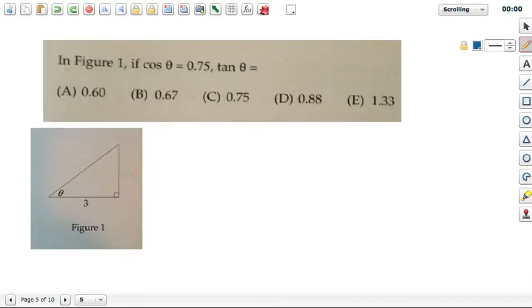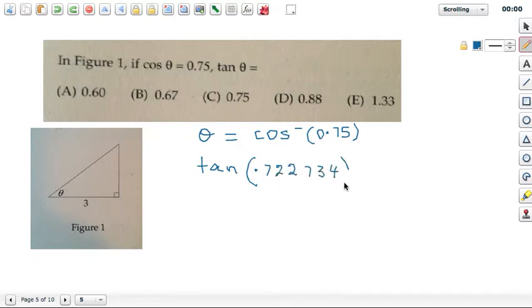All right, here's question number 5. There are actually two ways of doing this. You don't necessarily need the triangle here, but let's see if we can figure out how to do this one. Okay, cosine theta is 0.75. You can actually go ahead and calculate theta as inverse cosine of 0.75 on your calculator, and once you have theta, you can go ahead and calculate tan of that number, and if you plug that in your calculator, you will get, and make sure that the calculator is set at radians here, and you'll get 0.7227734, and the final answer is